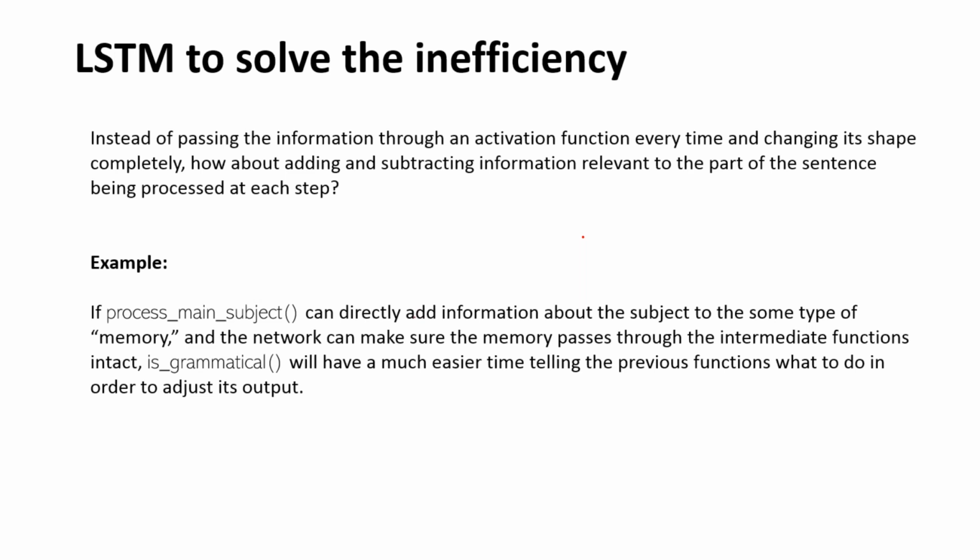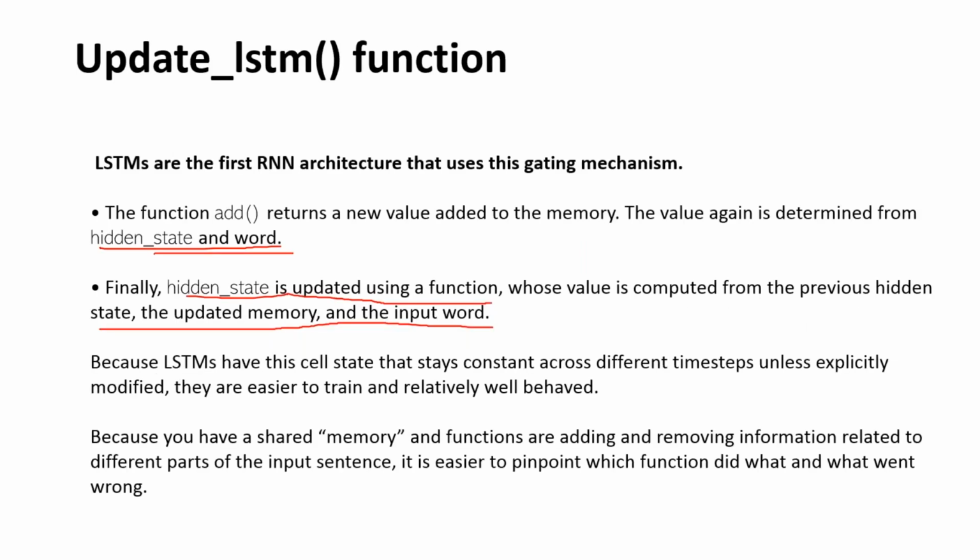That is something that helps. This constant state of the cell is computed with the previous state and the updated memory with the input word. Because LSTMs have this cell state that stays constant across different time steps unless explicitly modified,